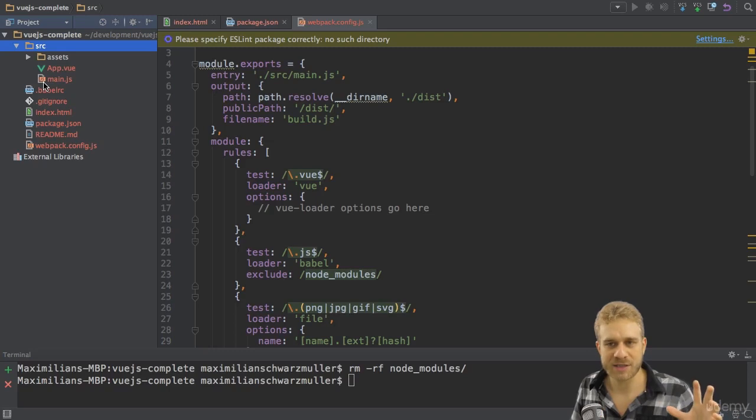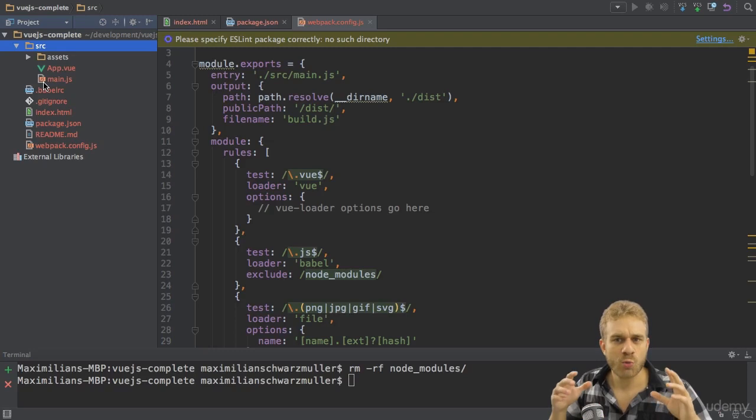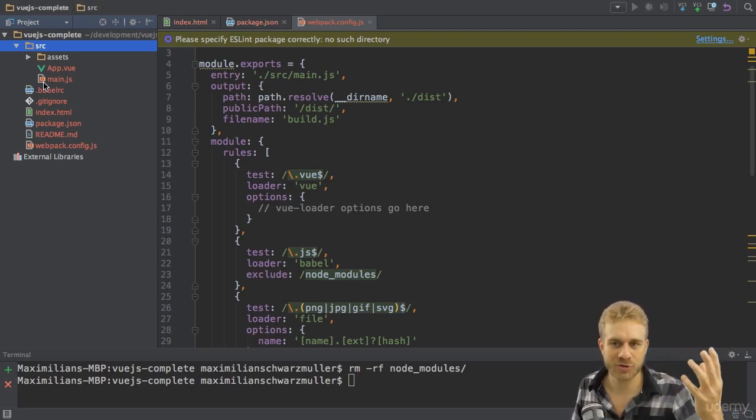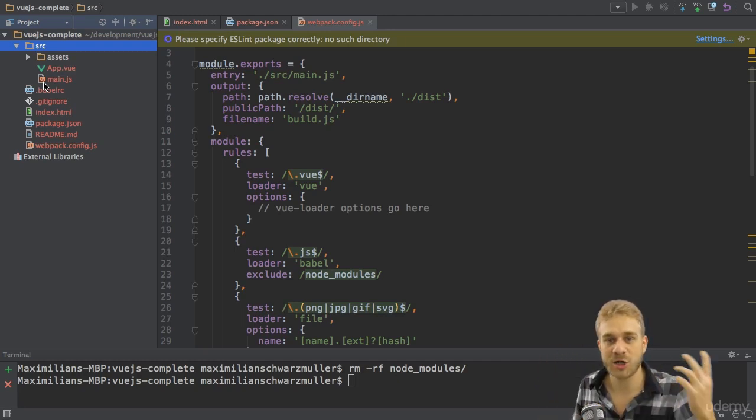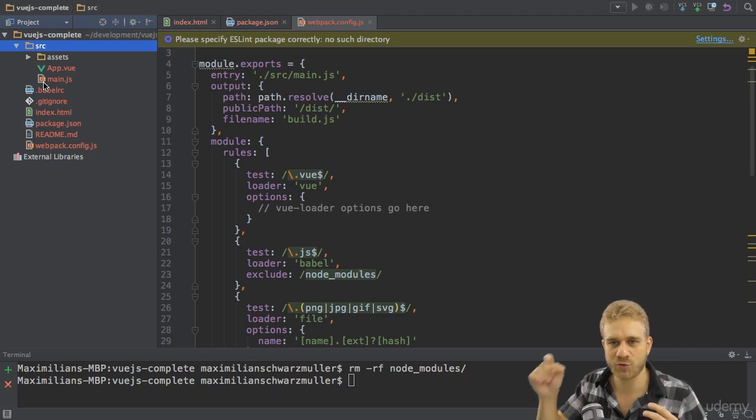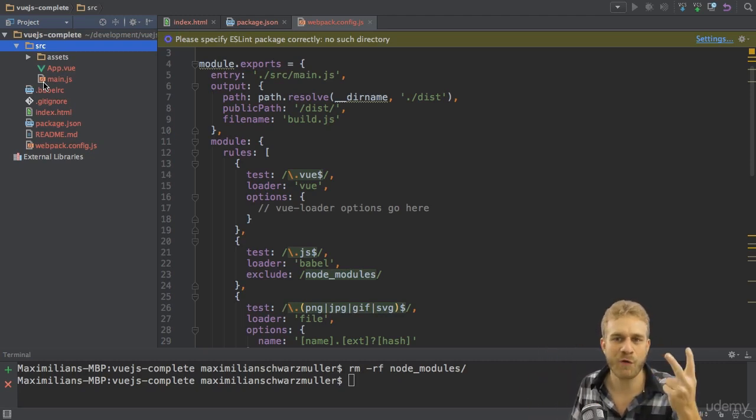In one of the earlier videos, I was talking about so-called single file templates, which basically means we have a special kind of file which gets compiled during the build process so that we can ship compiled code to the browser, so that we don't have to use the el property to have our HTML code converted to a template, so that we don't have to use the template property to create a string template, but that we have a third option, which we will learn about now, which allows us to outsource our template and our